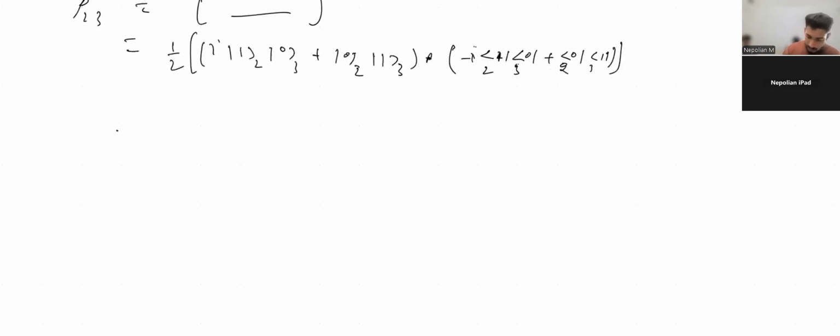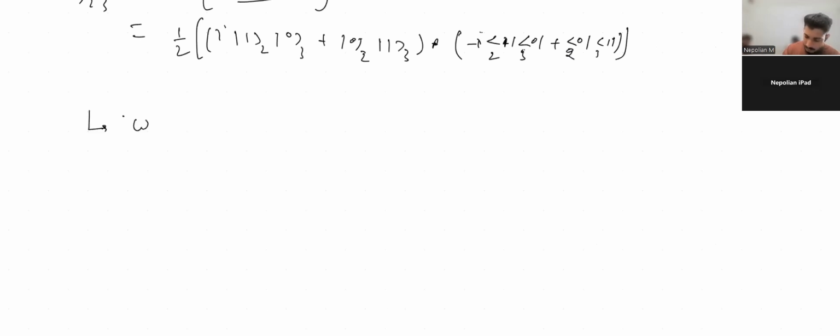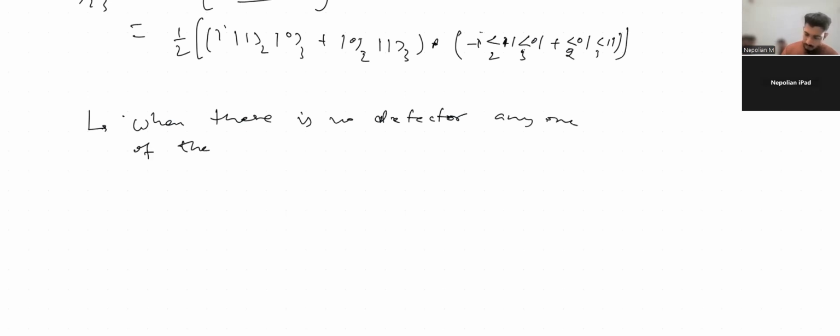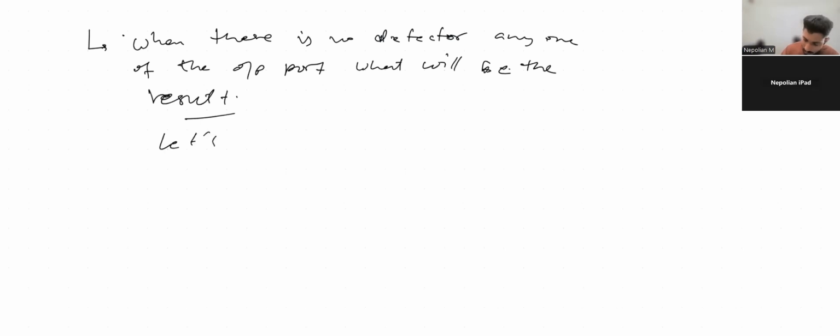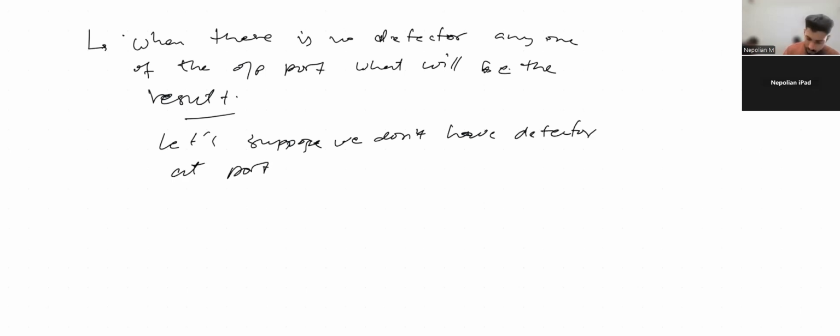So let me discuss when there is no detector at any one of the output ports, then what will be the result? First of all, how will we get it? Let's suppose we do not have a detector at port 3. So we get rho_2, that is the trace of